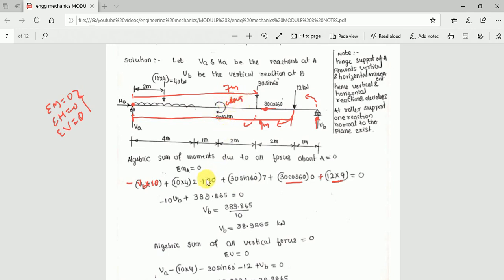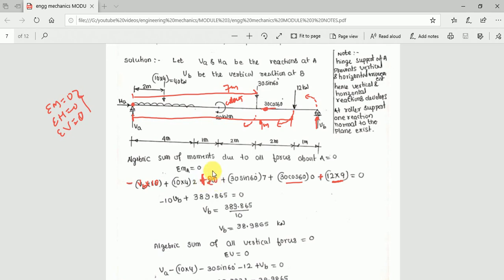So that's why I will directly add this 20 here. No need of multiplying again by perpendicular distance. This itself is already a moment. So no need of multiplying here. Perpendicular distance is not necessary here. So this is not a force, this is already a moment. Kindly remember this. Many students make mistakes here. So 20 kilonewton meter, if it is clockwise, directly give the positive symbol and add it.